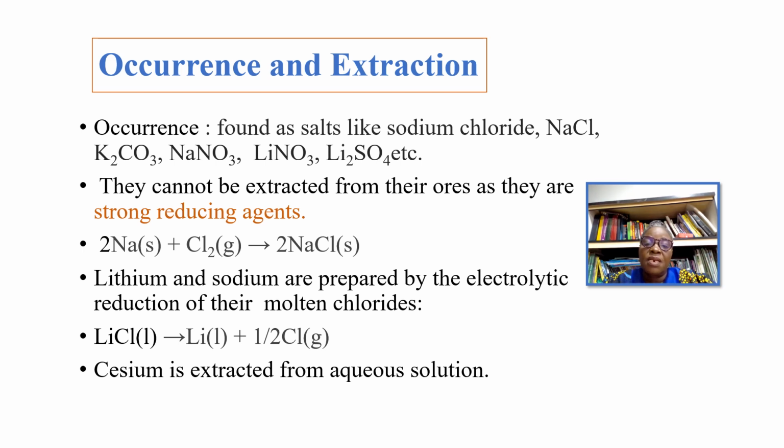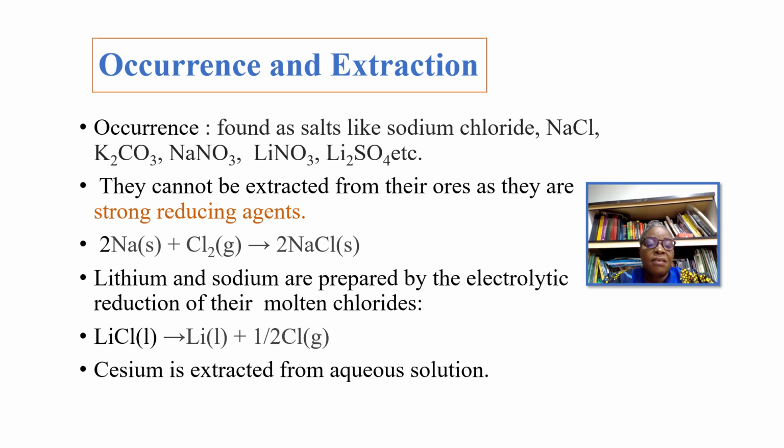As such, alkali metals are usually found as salts like sodium chloride, potassium carbonate, as nitrates, and as sulfates. We have said that they cannot be extracted from their ores as they are strong reducing agents. If we look at the equation between sodium and chlorine, for that reaction to take place, sodium has to donate one of its outermost electrons to chlorine to form sodium chloride salt. They are highly reactive,